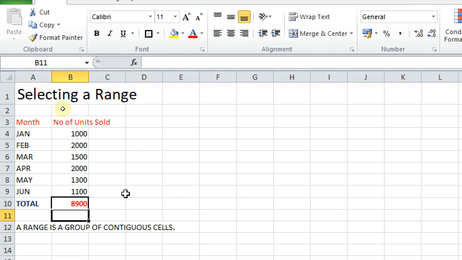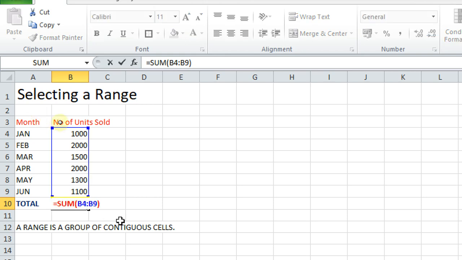So dear students, I hope it is clear to you how to use a range with a function. There are many inbuilt functions present in MS Excel. One example I have already told you by using this inbuilt function sum, and this is a range B4 to B9. Manually also we can type. Okay, I always use this method when I am doing sum, and then I'll drag it like this, which is an easier method for me.